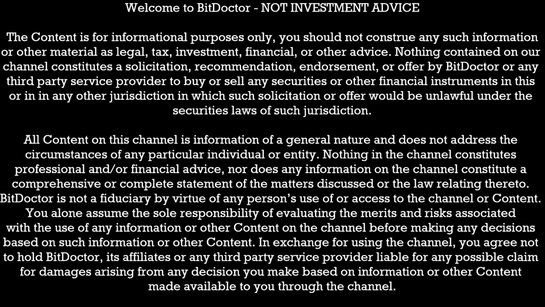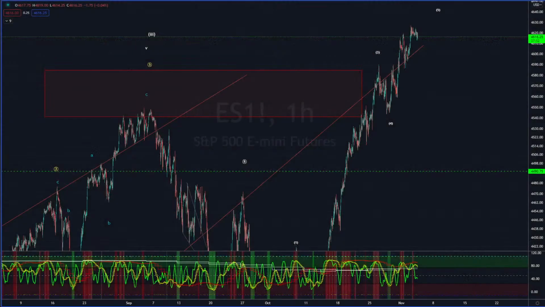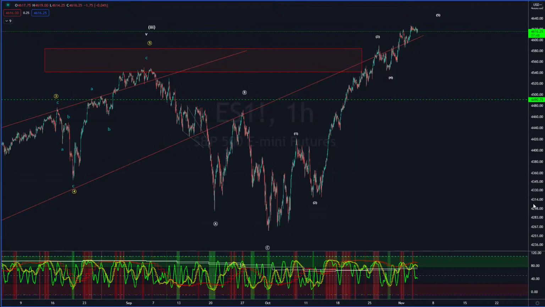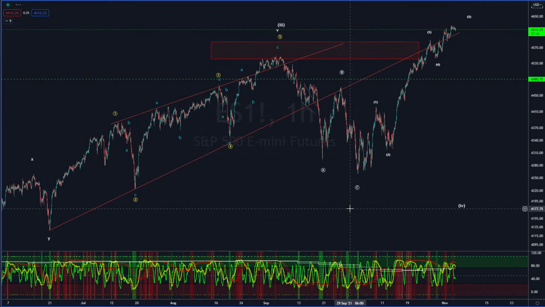Take a look at how things are going. So I've got the S&P 500 here. We've been looking at this for a while now. Not a whole lot has changed. Of course, we do have the scenario where we've got a big drop-off that can be happening any time now.